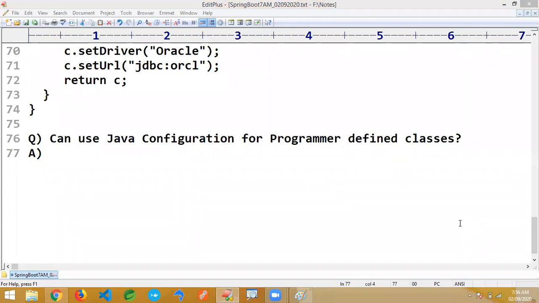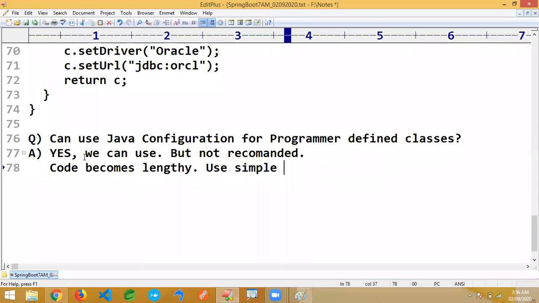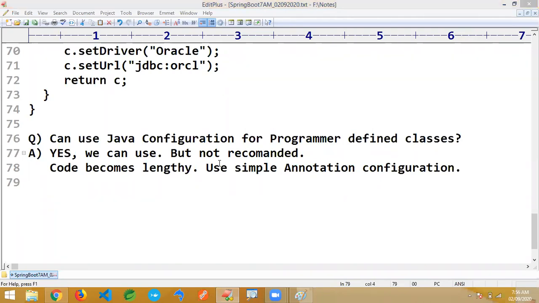Okay, the answer is yes, we can use it, but it's not recommended. The code becomes lengthy. Use simple annotation configuration. Remember, yes, we can use it, but it's lengthy. That's actually not good practice here, not recommended. That is going to be not recommended here. Remember,